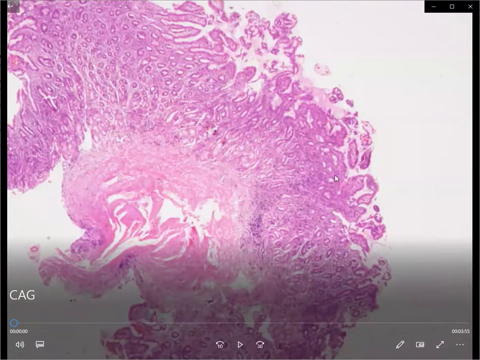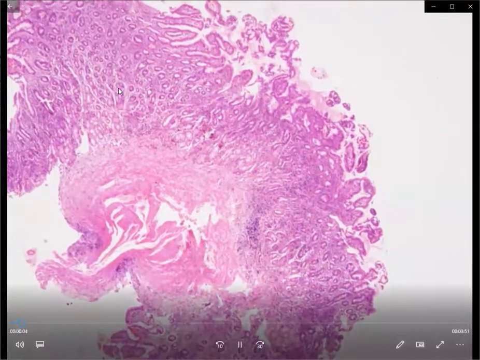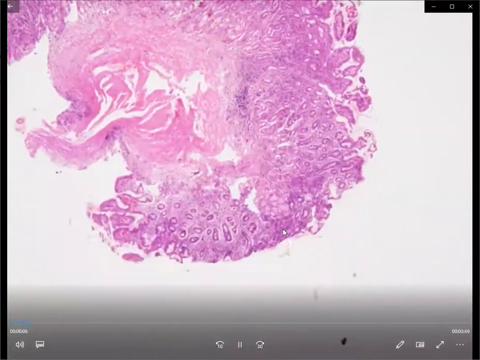As we can make out from this bit, we go from the surface epithelium downwards, and what we see here is that the epithelium is showing little villiform change, so that means there is some distortion of the foveolar architecture. The normal gastric architecture is a little disturbed here because we can see some villi-like projection on the surface, and then going down in the lamina propria we see that there is a little increase in the inflammation.